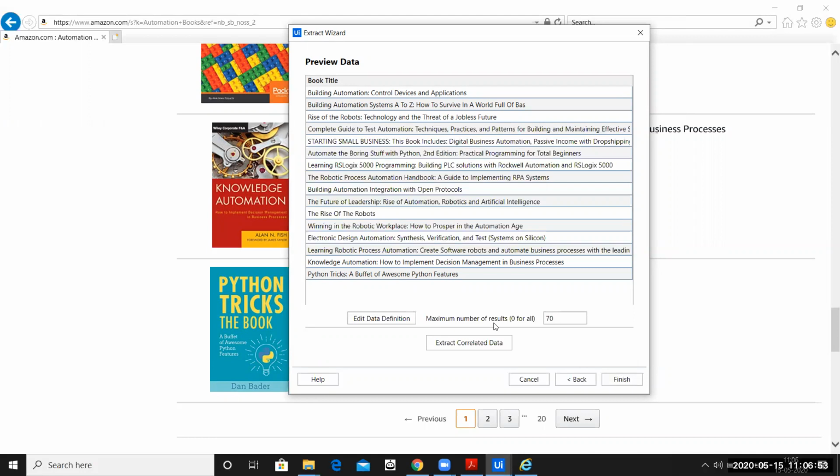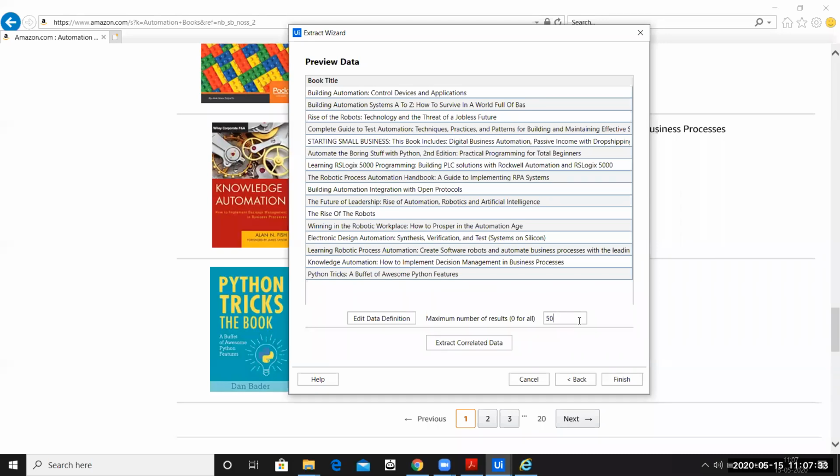Or if you want to scrape the entire book titles from the Amazon page, you'll say 0. You can see in the bracket, it says 0 for all. That means if you want to scrape everything, you will say 0. Or if you want to scrape a specific amount of data, please go ahead and give the number. So as of now, I'll say I want to scrape only 50 records. There you go. But you can easily see in the first page, we don't have 50 records. It's less than 50. So how will it scrape the 50 data? I'll show you how.